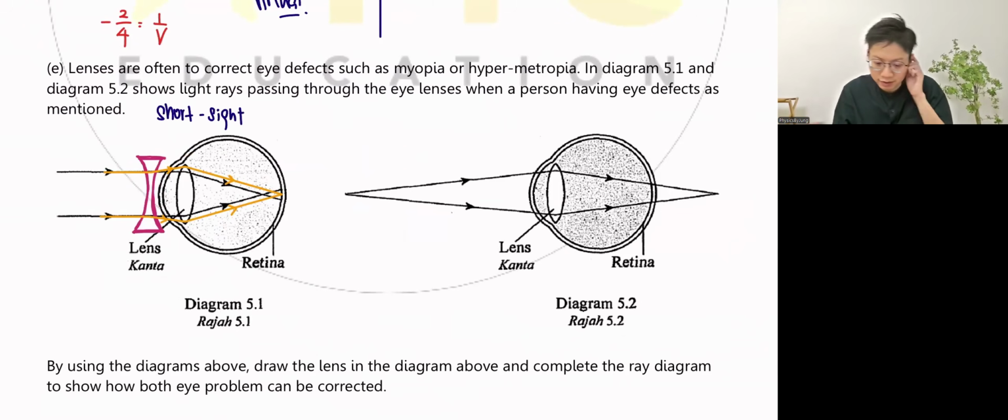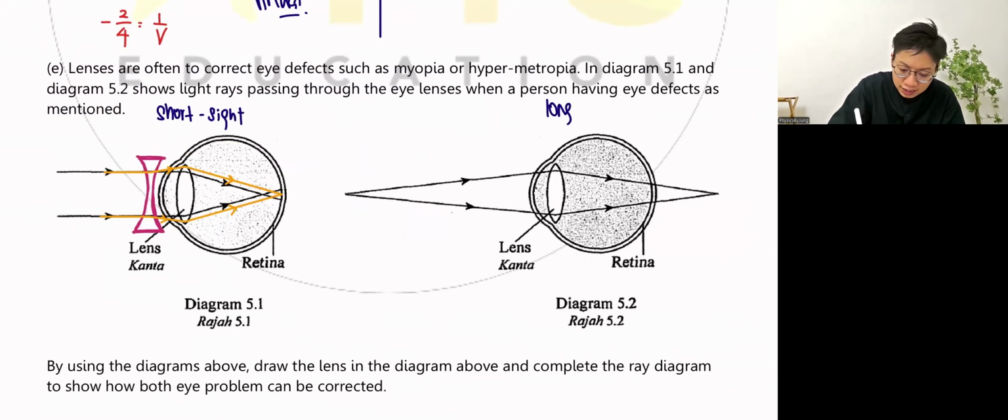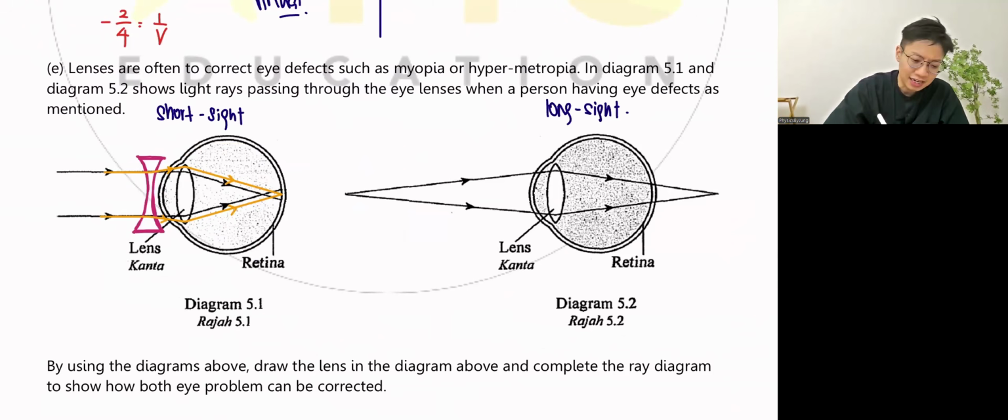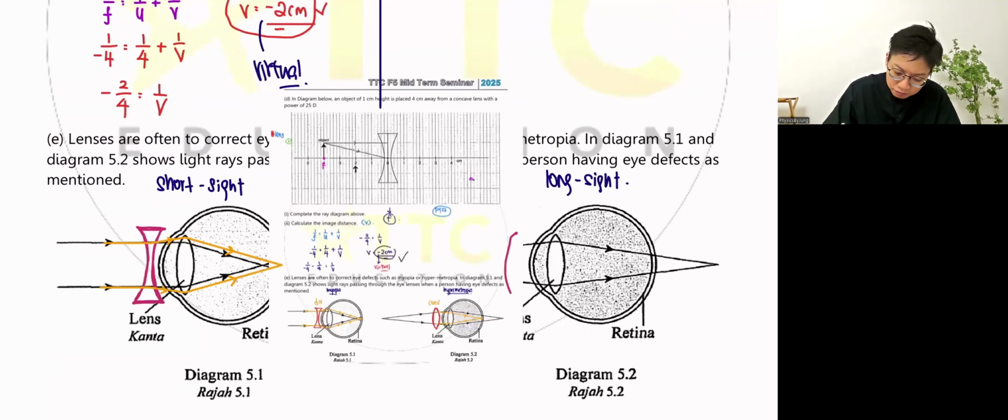Now, what about this one, the right hand side one? This one is long-sightedness, usually old people. To be honest, recently I suspect I got long-sightedness already. Suspect old people already. So how to solve? Then this one we use